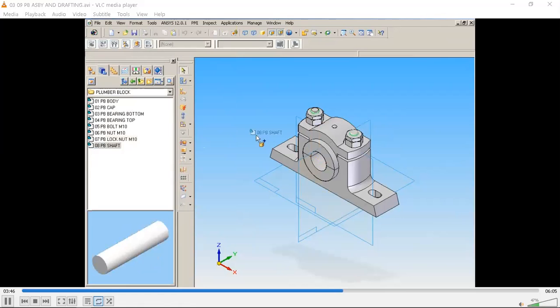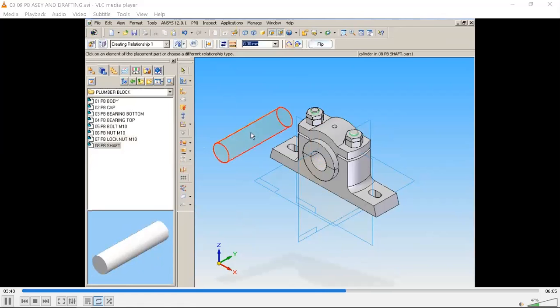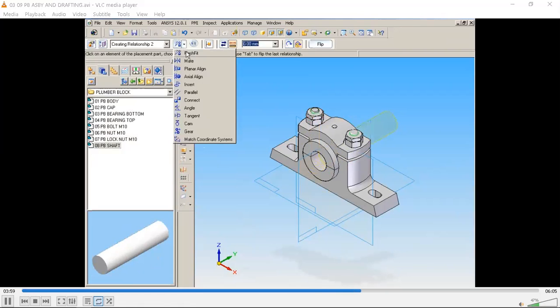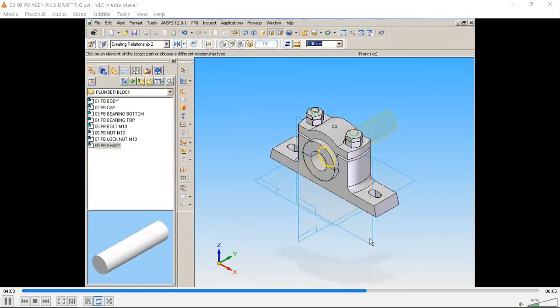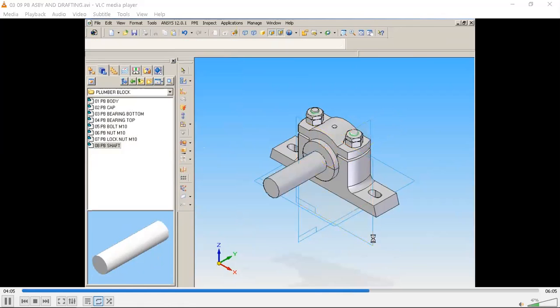Then insert a shaft, again axial with rotation lock, and for one more alignment you can go with the mate option, this vertical face with the vertical reference plane. Now it is matching with zero dimension.